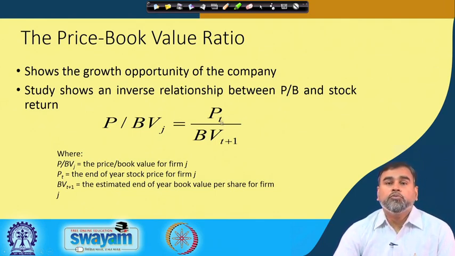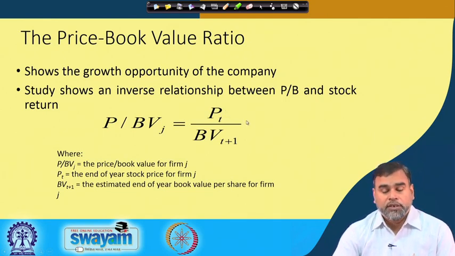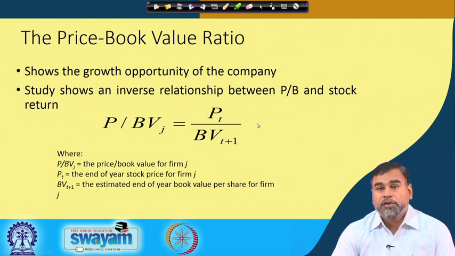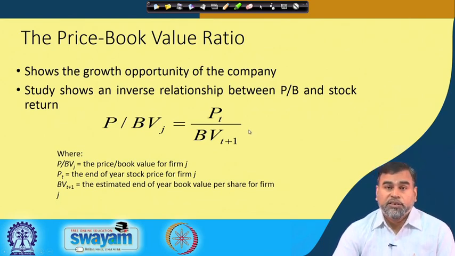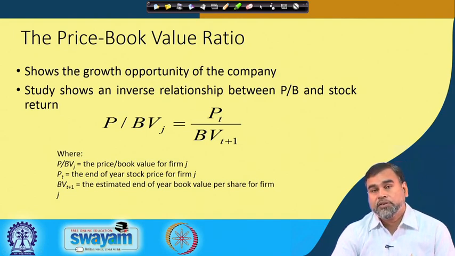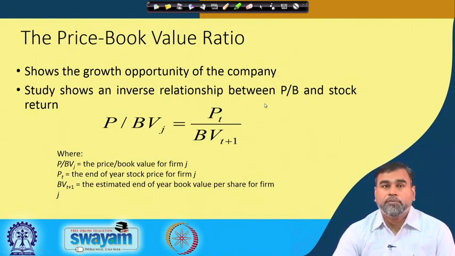But if the price to book ratio is very low, then what we can say is that book value is relatively high, but the market price is relatively low. That means, the market has undervalued this stock, and there is a possibility that the price of the stock will further grow up. So, in that context, lower the price to book ratio, that means the company has more growth opportunity, expected growth opportunity is higher, then it is a better candidate for the investment in the market. So, this is the way the price to book ratio is used in the market.